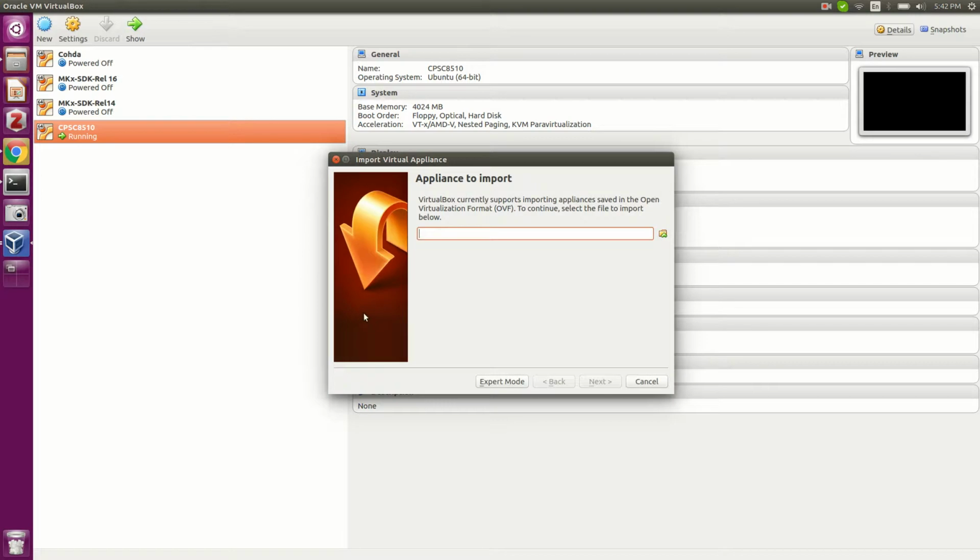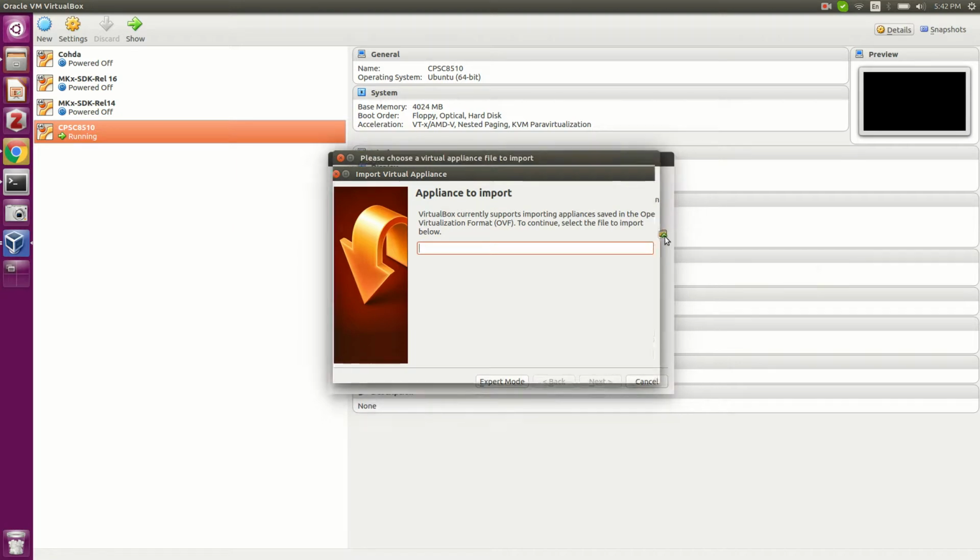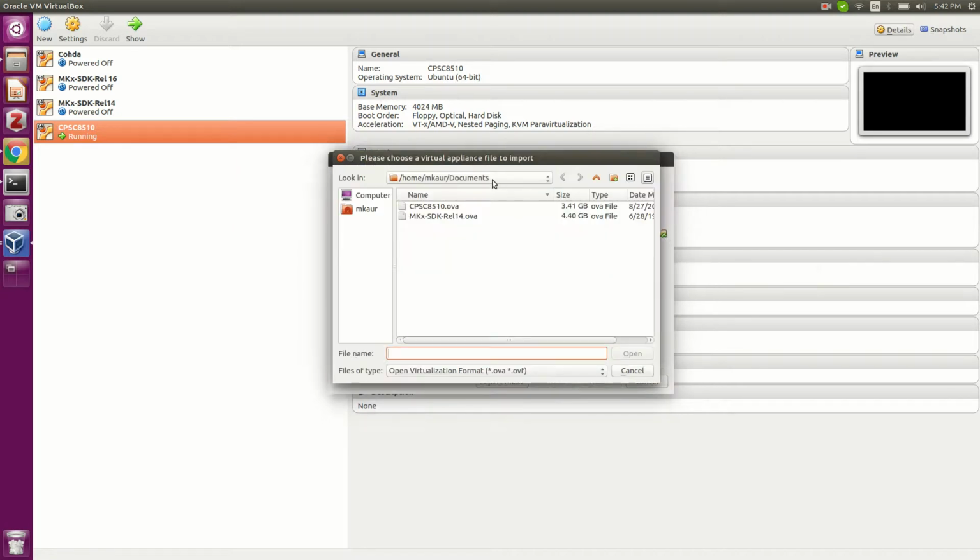This should open a dialog box and the little folder icon on the side, if you click on it, will take you to, mine by default goes to Documents, and it will look for all the files that are compatible or of the extension OVA or OVF that can be used as VirtualBox appliances. So this is what will exactly be shared with you.